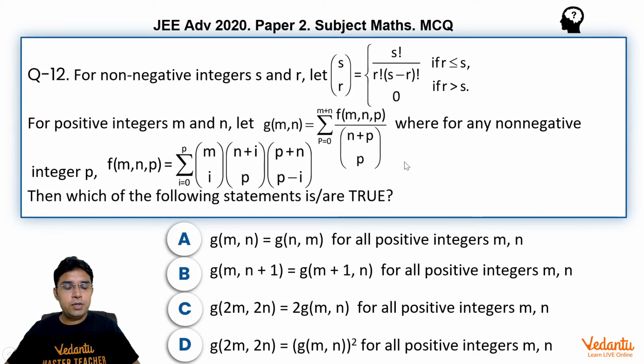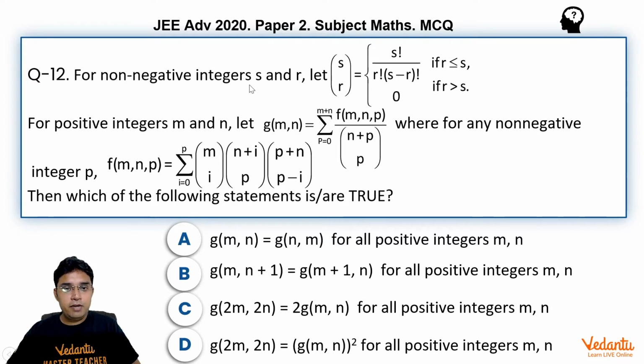I am presenting you the solutions of JEE Advanced 2020. This is question number 12 from paper 2 from the topic binomial theorem. The subtopic is properties of binomial coefficients, one very important category of questions for JEE Advanced. In this question we will need one very important, very beautiful manipulation to solve this question. Let us see what this question is.